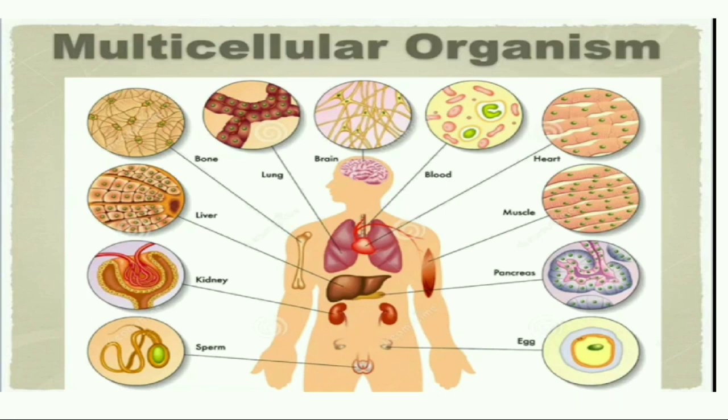As we know, cells form tissues, and tissues form organs, and organs are grouped and form organisms. Okay, so our body has different types of organs, like we have the respiratory system, digestive system, excretory system. These systems have different types of organs, and each organ has different types of cells with a specific function. So our body is made up of different types of cells, and these cells are different in size and shape.